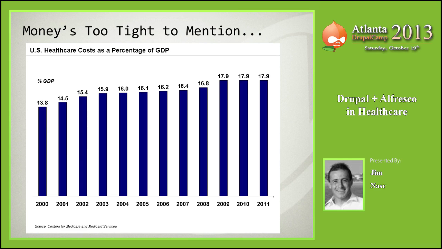If you dissect it even more, Medicare and Medicaid, particularly for older folks and people with terminal or very chronic diseases, that's the majority of that cost. So it's not a good trend. It's a trend that certainly impacts every one of us individually here, but it also really impacts,